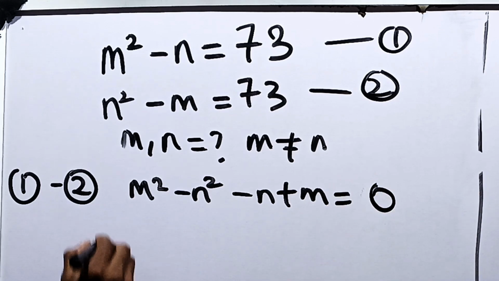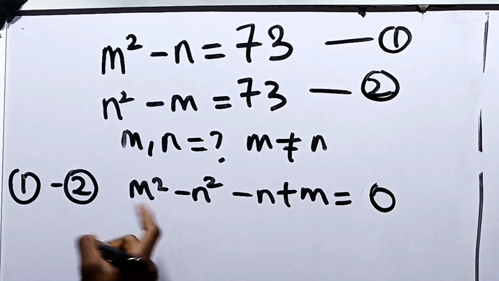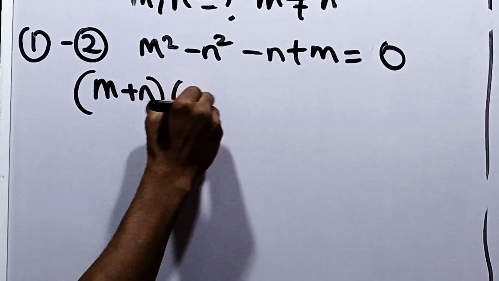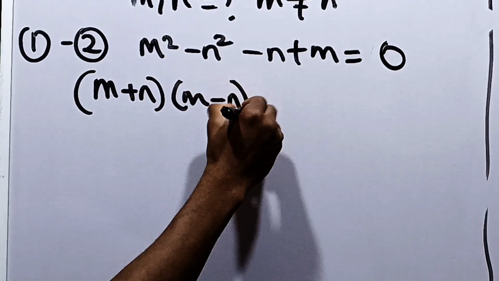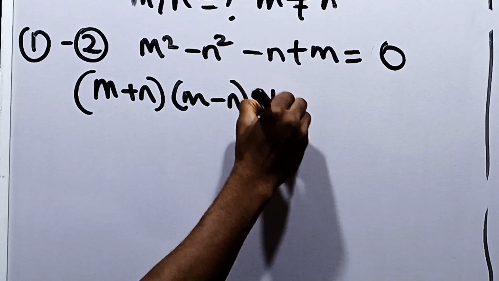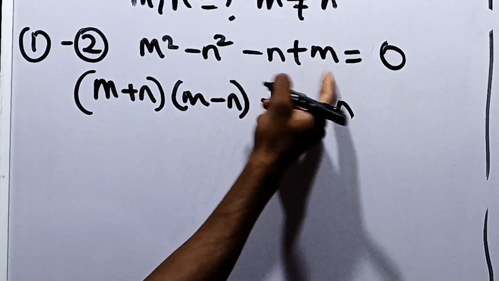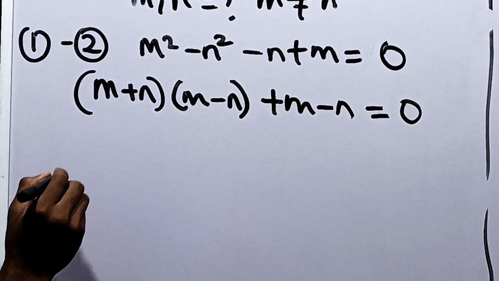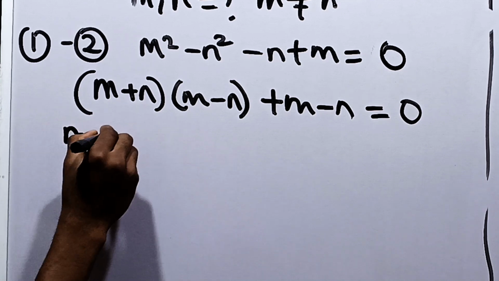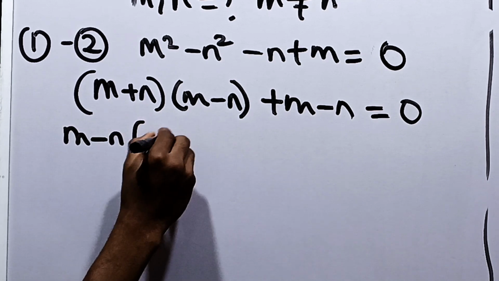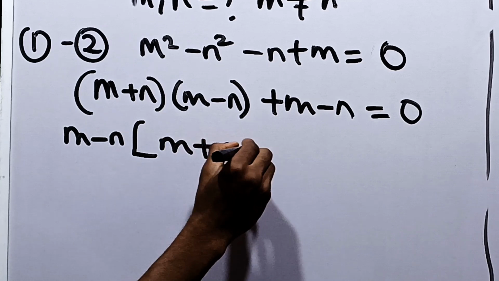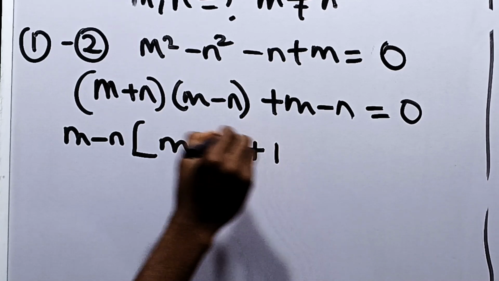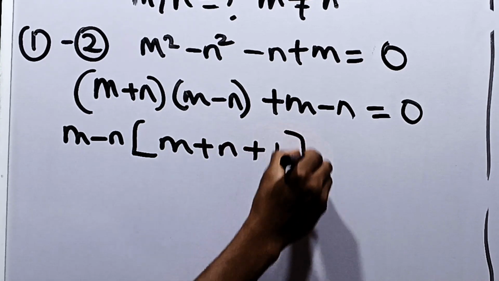Okay? Now we have, this is difference of two squares. So we can say that m plus n multiplied by m minus n, plus m minus n, interchange this, is equal to 0. We can now factor out m minus n. So we have m minus n into m plus n, plus 1